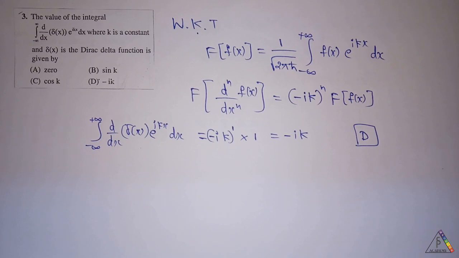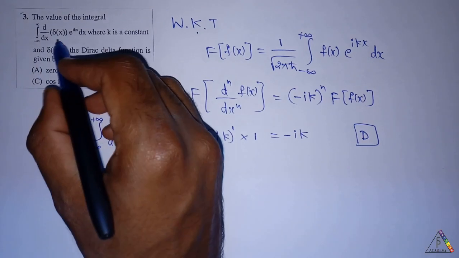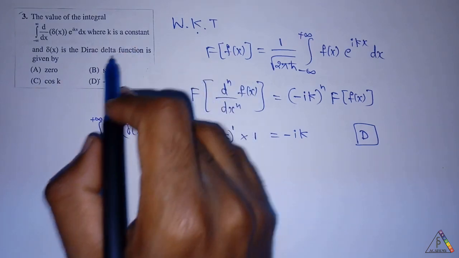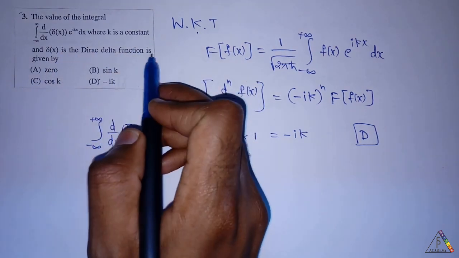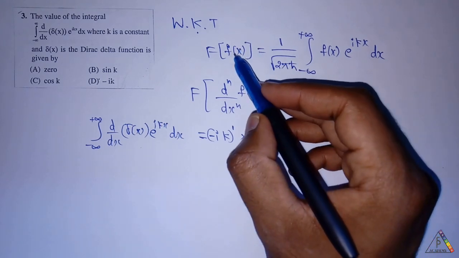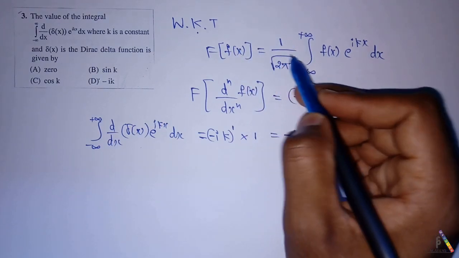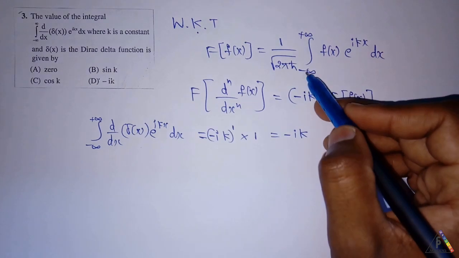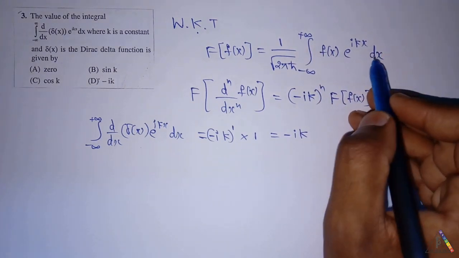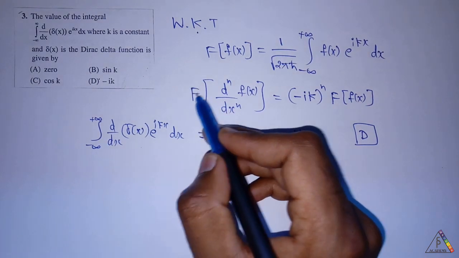Next question is: the value of the integral from minus infinity to plus infinity d by dx of delta of x e power ikx dx, where k is a constant and delta of x is a Dirac delta function, is given by. We know that the Fourier transformation of a function is equal to 1 divided by under root 2 pi h cross integral from minus infinity to plus infinity f of x e power ikx dx, and the relation for the Fourier transformation of